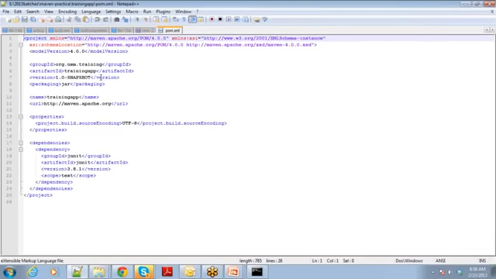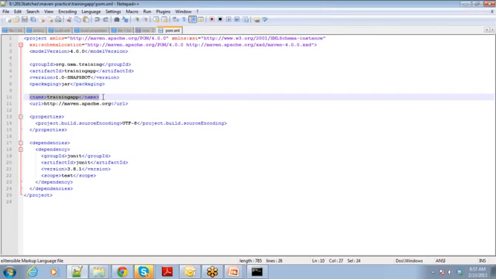You can see multiple things in this. First of all, let's focus on this part. This is information about the project. What is the group ID of the project? What is the artifact ID, the name of the artifact? What version are you building? And finally, what type of packaging you need: jar or POM, or is it a WAR file, is it an EAR file? You have to specify here. You need not specify, though. Based on the archetype, it will automatically give those things for you. And what is the name of your app?